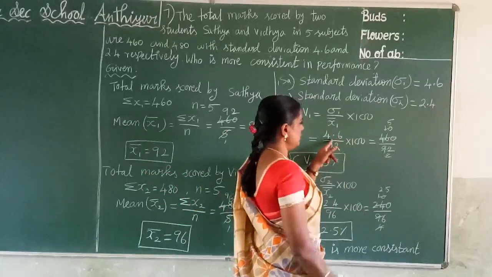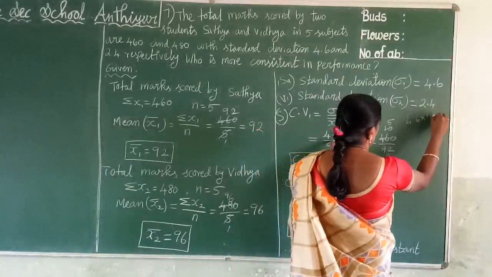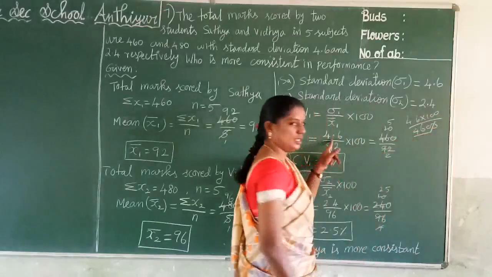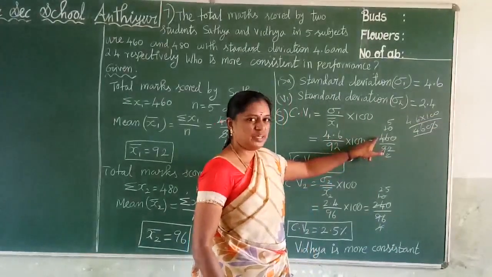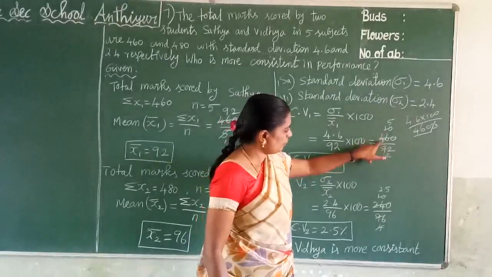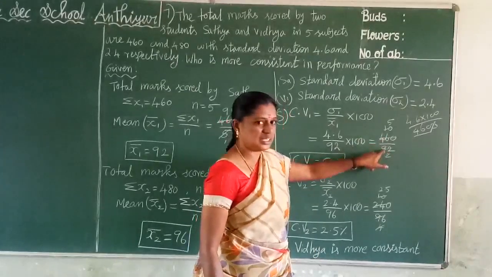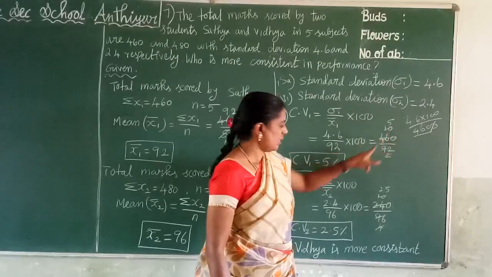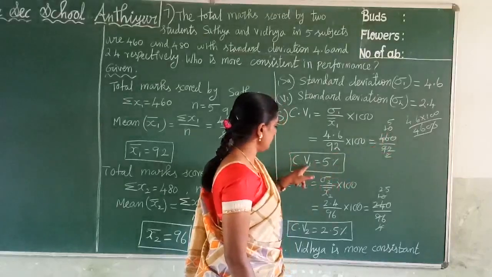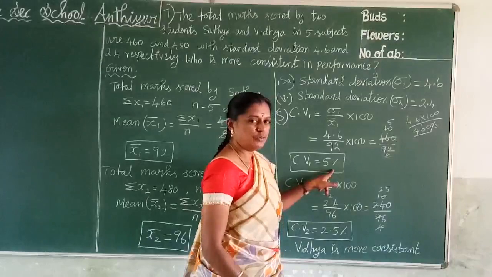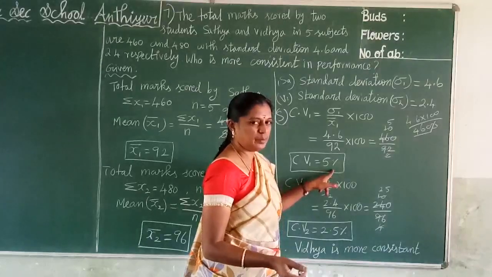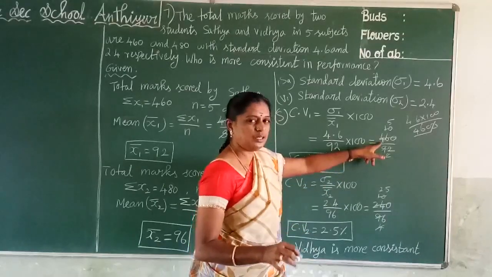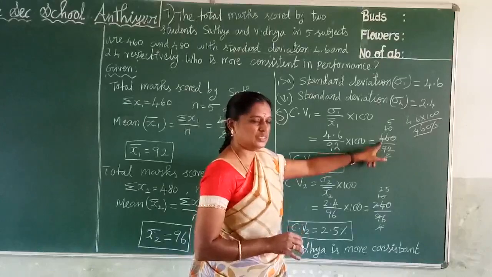So multiplying 4.6 into 100, we get 460, with one decimal. So cancel 460 by 92. You simplify using any table. So now I simplify: 46, 1 46 is 46, 2 46s are 92. So here 10, here 2. 1 2 is 2, 5 2s are 10. At last we get Satya's coefficient of variation equal to 5%. If you feel it is a small table, the 2 table, 3 table or 5 table, like that, any possibility, you apply that table. Clear? And then simplify, and at last we get 5%.